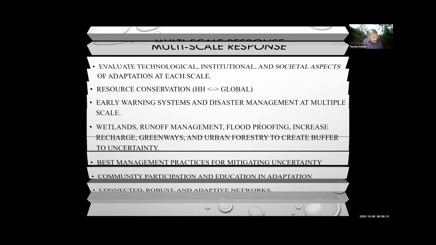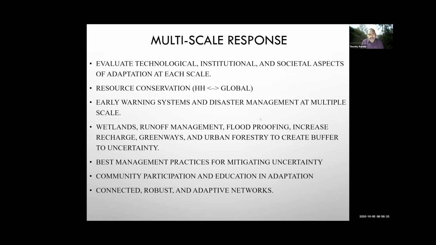So, a quick conclusion: a multi-scale response to any type of conservation need has to evaluate technological but also institutional and social aspects so that we can develop adaptation and mitigation options at every scale. Often conservation happens from a smaller scale all the way to the global scale. So we cannot address starting with one scale and then forget the local scales. They have to be connected